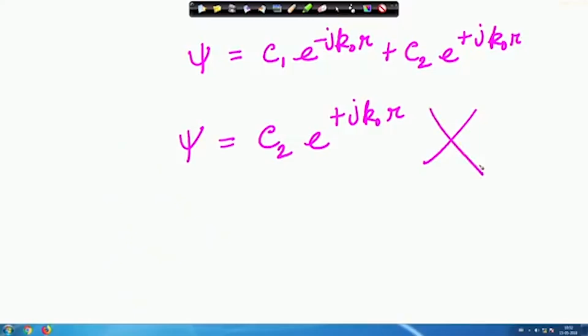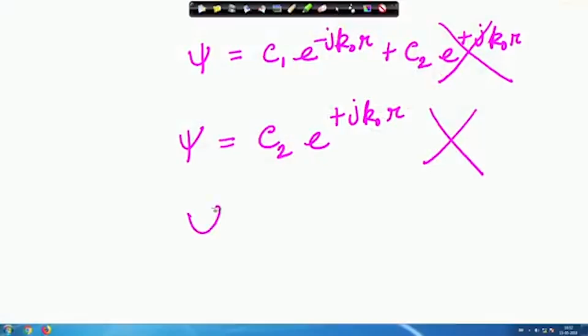So, the radiation condition says that this is not possible. Any wave coming here at infinity should not have an infinite value. So, this solution is not possible. So, the acceptable solution is